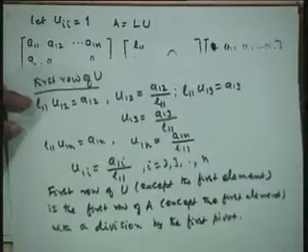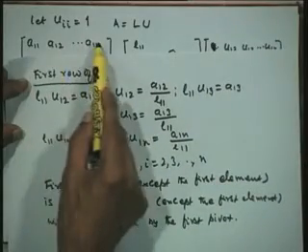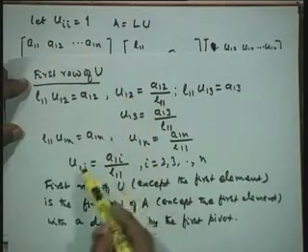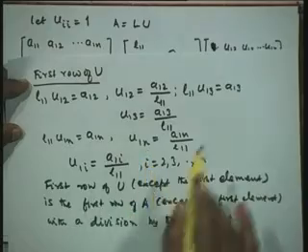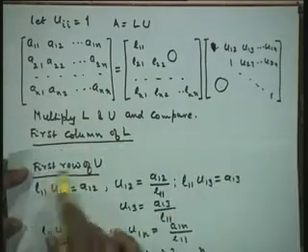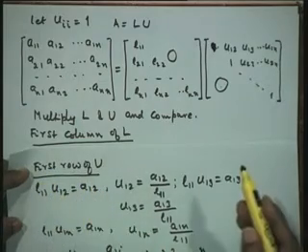That means, what we are saying here is that you can take the elements of A, divide each one of these elements by the leading element, that is a pivot, and that will give me all the elements of U11, U12, U13 so on U1n. Now, the first row, first column of L is complete, first row of U is complete. Now, I go to the second column of L, second row of U.